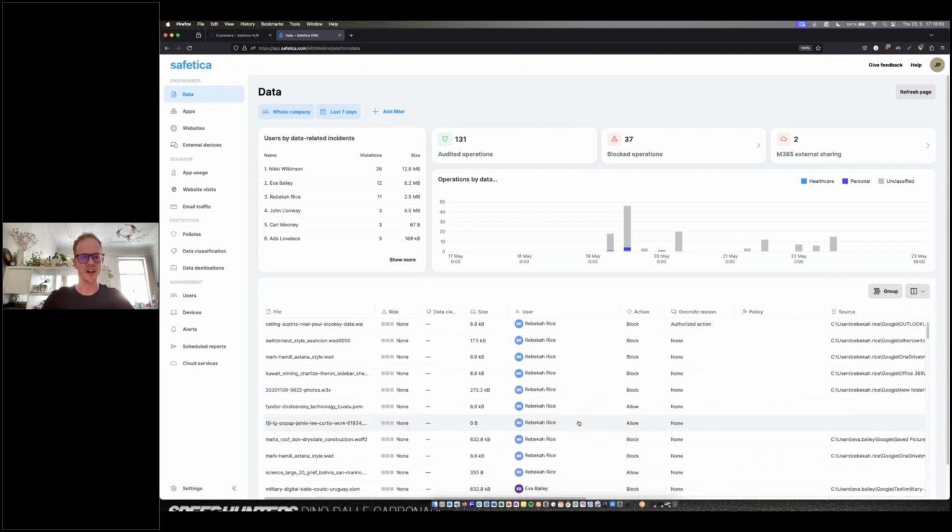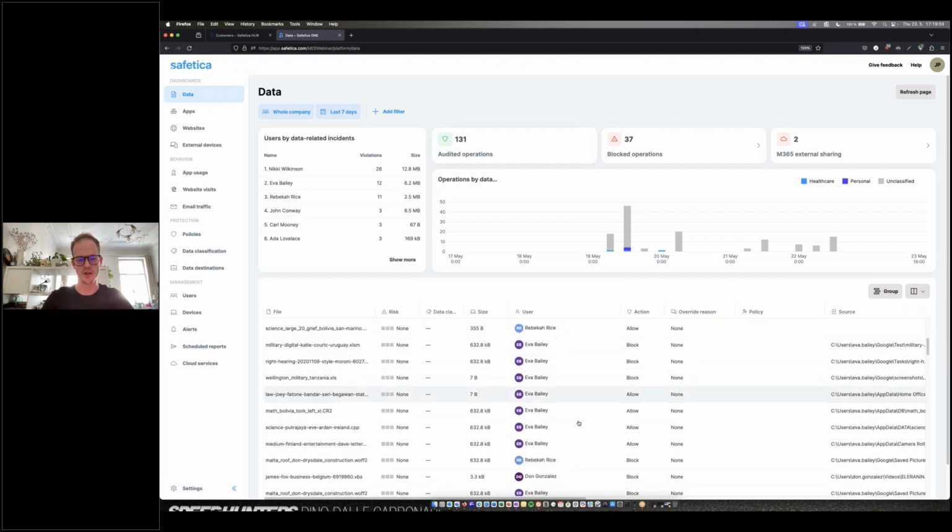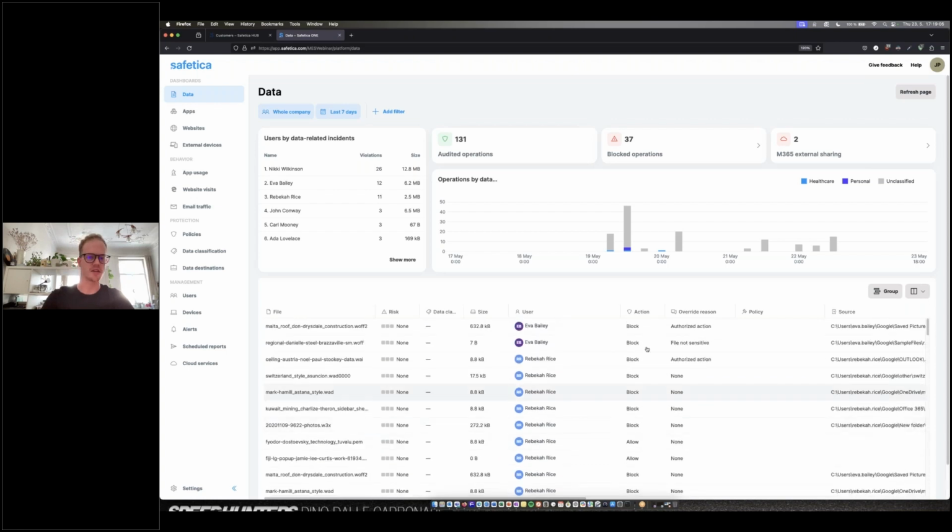But again, this is just any and all information as to what's happening on the machines. It's not necessarily specific to something sensitive or not, but just to give you a quick overview, this is how this looks. We've got the blocked operations if you want to specifically look at that, or any sharing that was done via 365. Now, there are many things in here which we can go over, although I don't want to take up all of the time that we have drilling into this. So I'll just go into a few key areas.